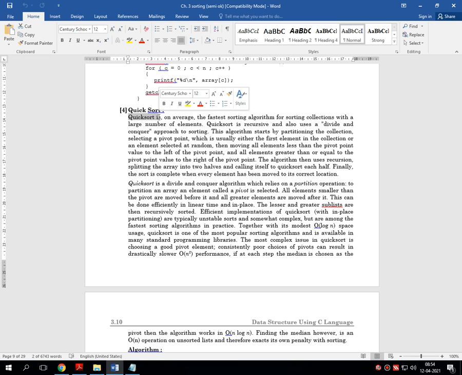This particular sorting technique uses an algorithm in which the numbers are divided into subsets, then the separate subsets are sorted and merged, so the entire list of elements gets sorted in very less time.